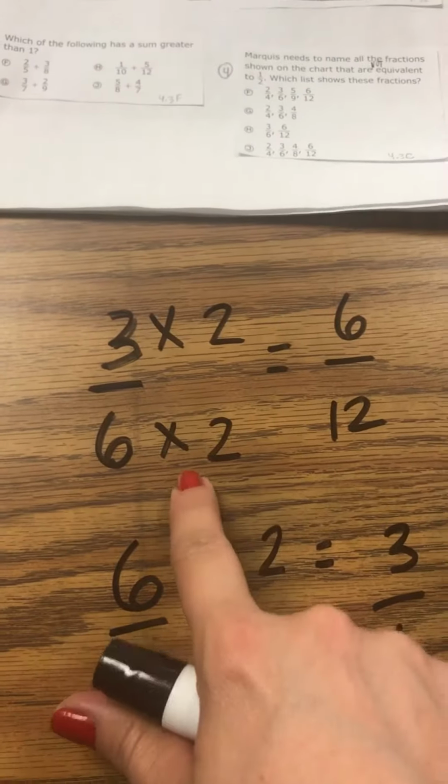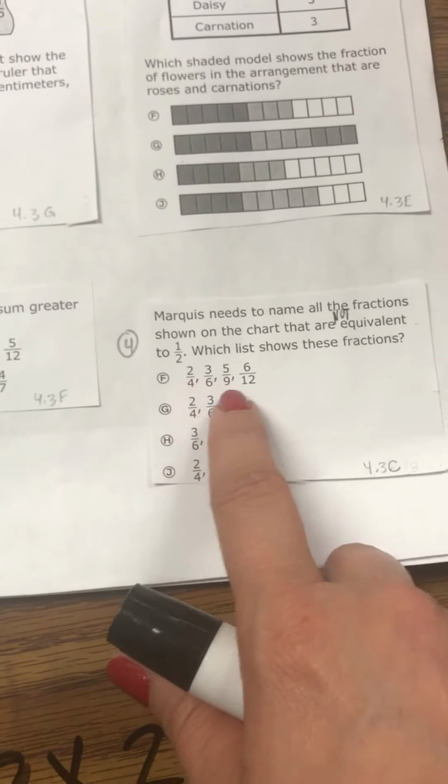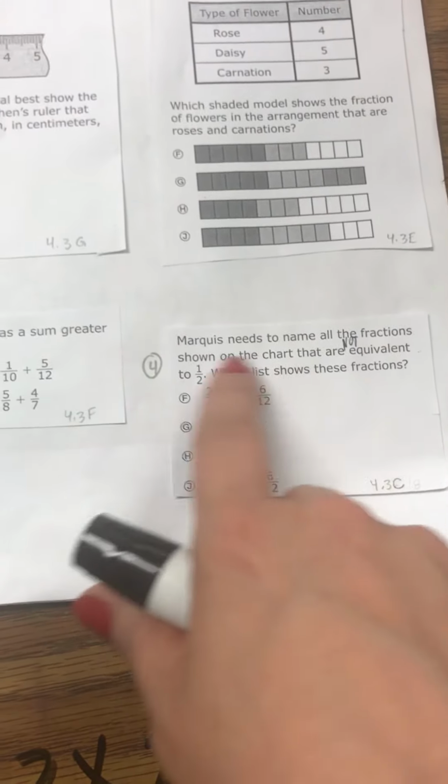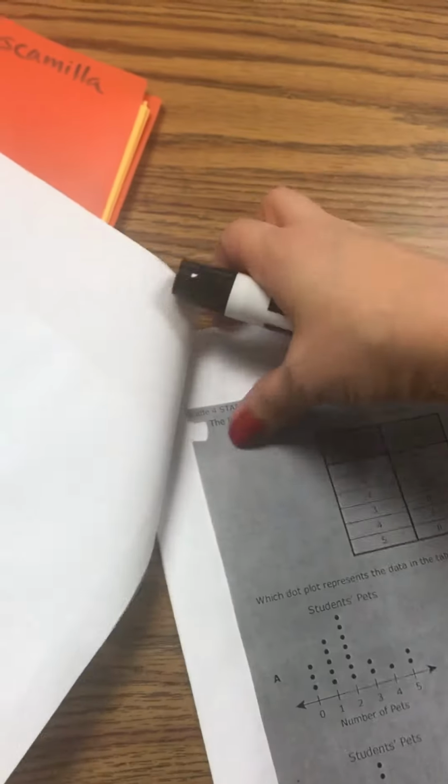So you're going to need to use either multiplication or division on each one of these fractions to determine which one has a set in which one or more of the fractions is not equivalent to 1/2. Okay? And then on number 5,